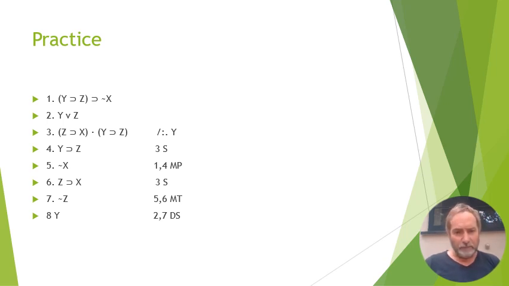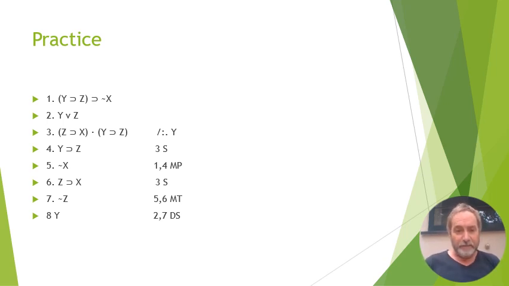And having that, I was able with line 5 and 6 to do an MT. Because line 6 is a conditional, line 5 is the negation of the consequent. And MT says whenever I have a conditional and the negation of the consequent, I can conclude the negation of the antecedent. Well, the antecedent of 6 is Z. The negation of Z is not Z. And that's what I have written on line 7. 5, 6, MT is my